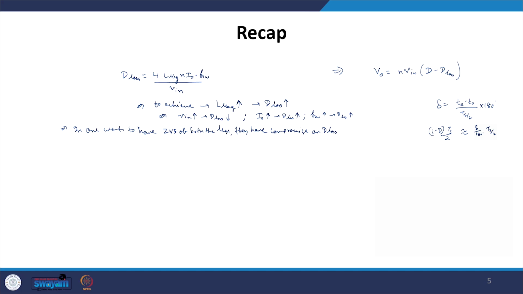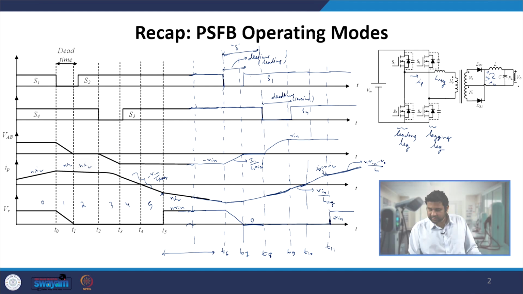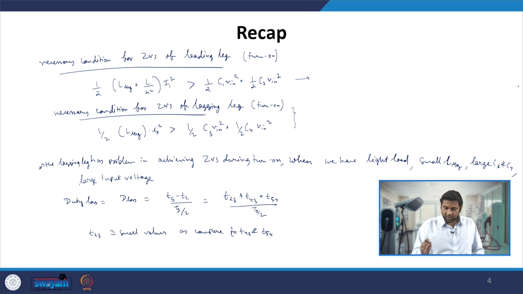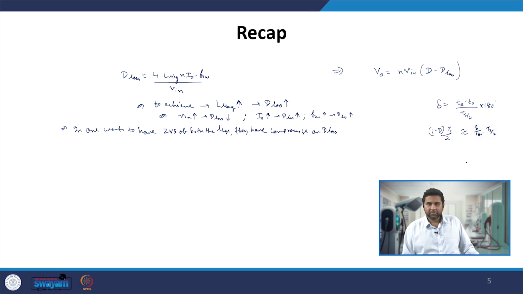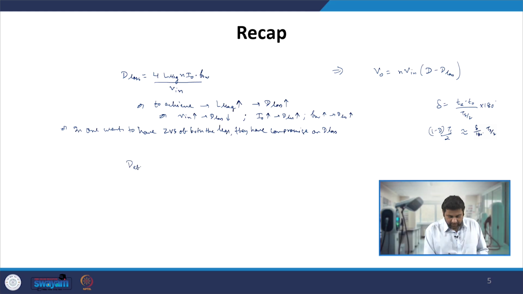output voltage. So since it is a derived topology, if you look at the output part of this circuit, it is nothing but same as the buck converter, L, C and then RL. So what we can say is that it is a buck derived topology, that is why our V naught is N V in times D. However, because of achieving this ZVS operation, we are actually losing some of the duty ratio, and because of the presence of this capacitance and the inductor, we are losing some of the duty, and we can say D effective is actually nothing but D minus D loss.